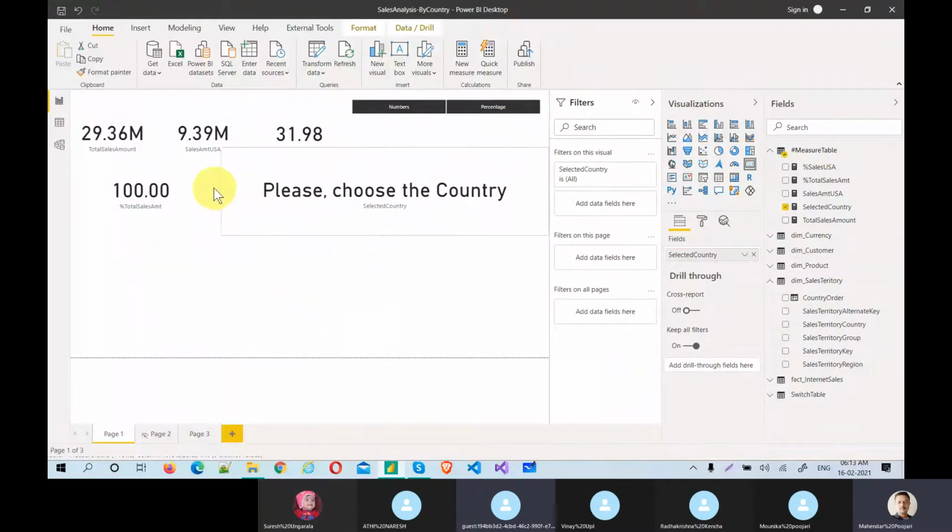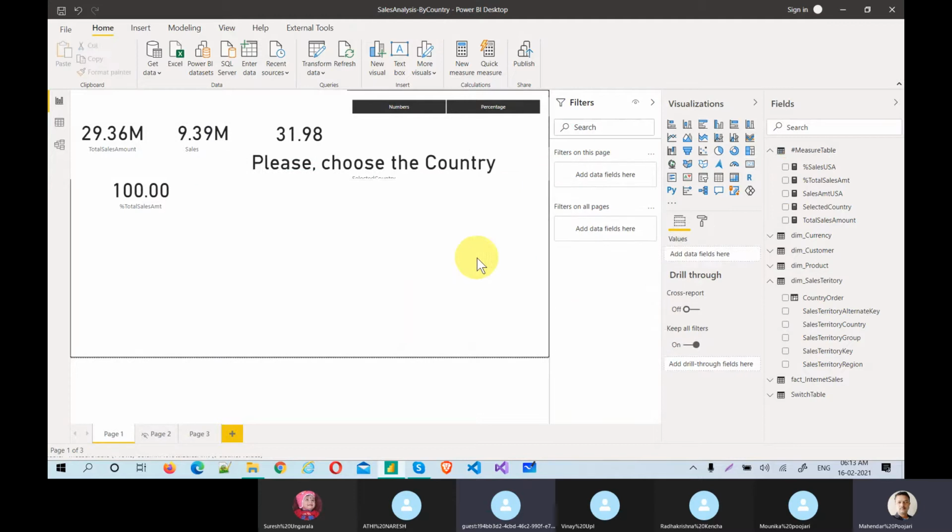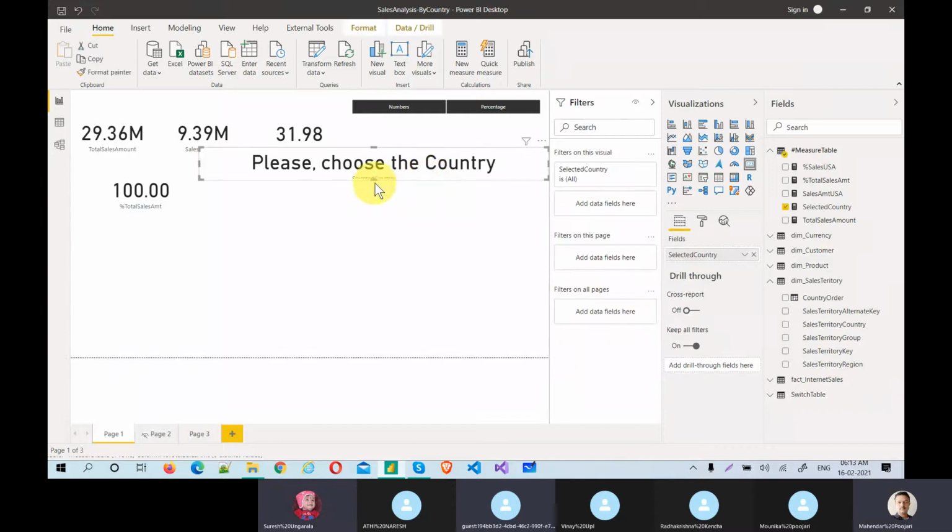Sometimes it goes to the next page, so I'm making it smaller. Now what else? 31.9. It should come as a percentage. We'll change the format later, the formatting will come later.